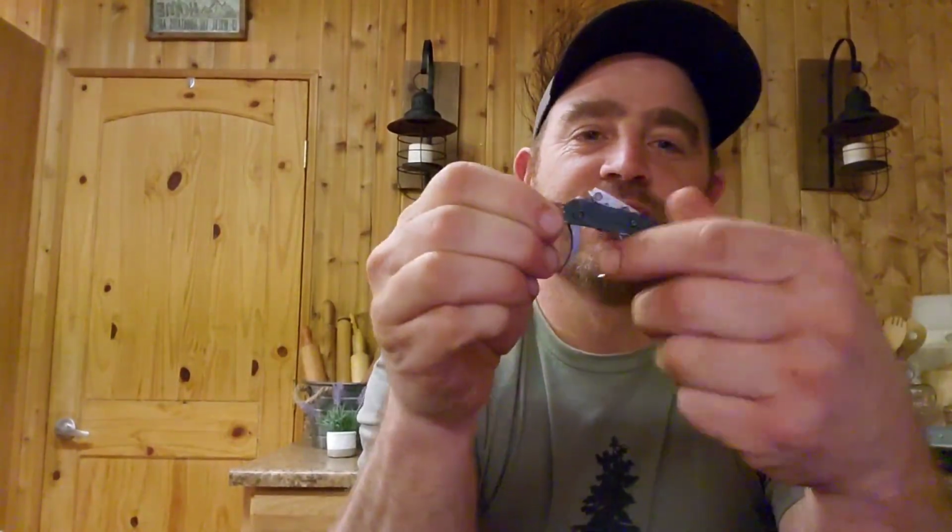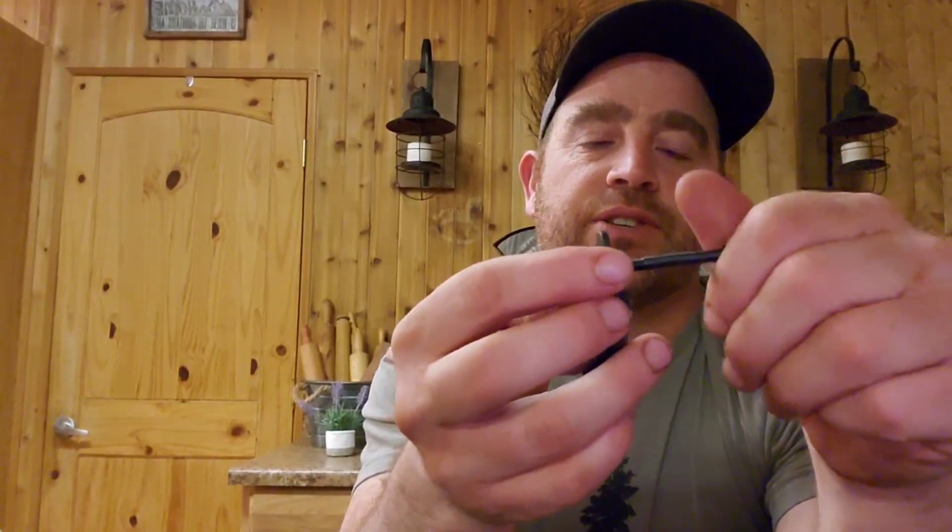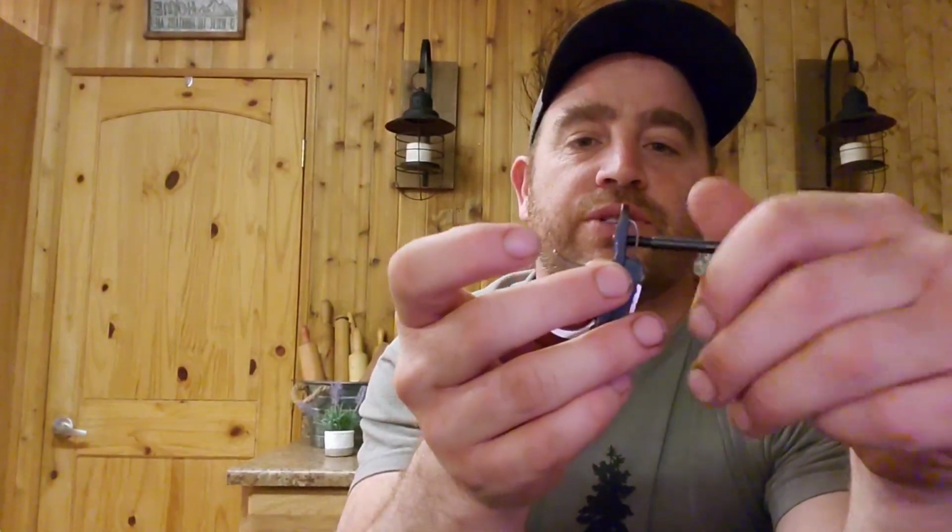I mean, that front trigger is pretty awesome. Set trigger, front trigger, set trigger, front trigger. Okay. Now, one of the things they want you to do is this is the tang bolt. They want you to take that and make sure that it threads into the trigger assembly,